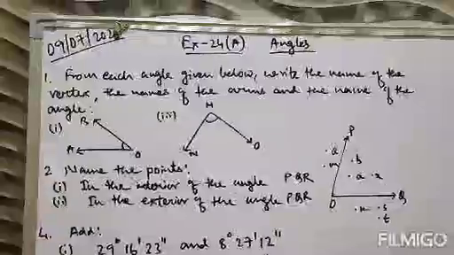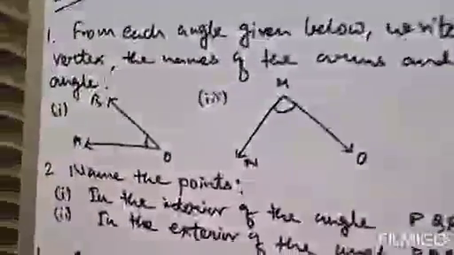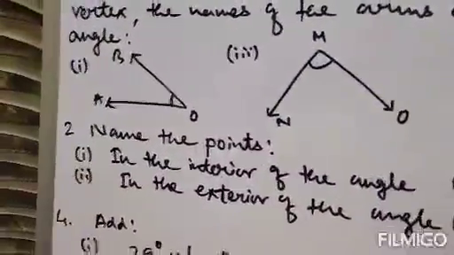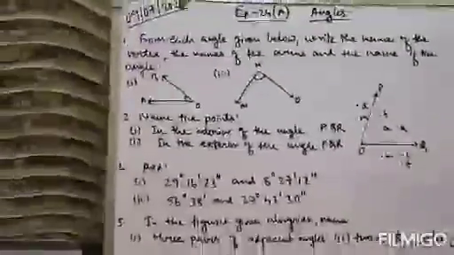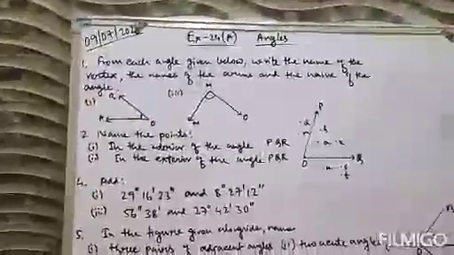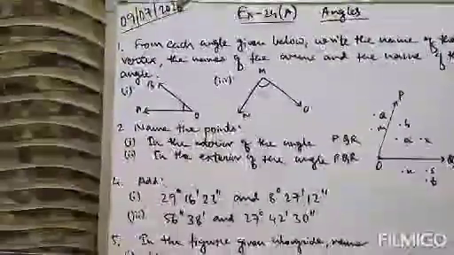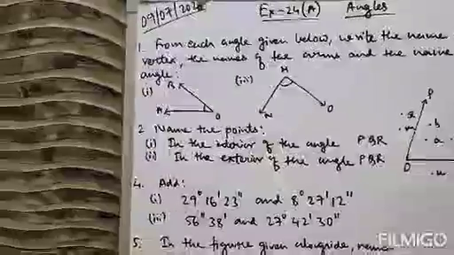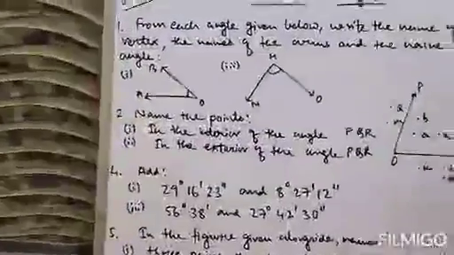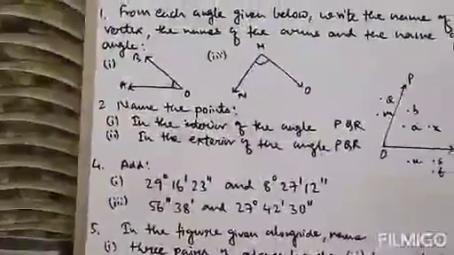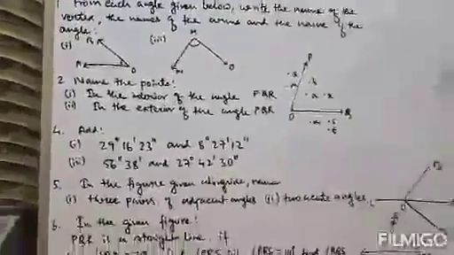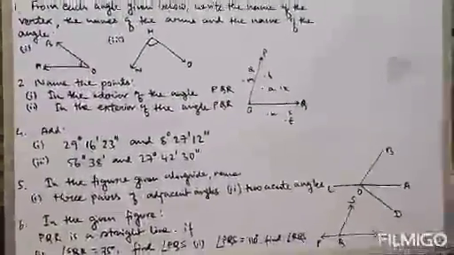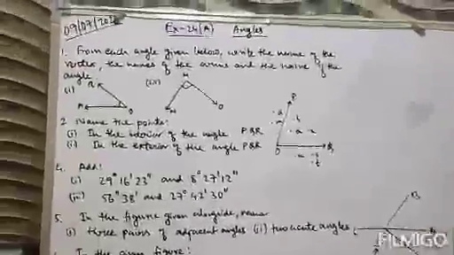Today we are going to start a new math chapter, that is angles, and this is the first session of this chapter. In this chapter we will solve all total 6 questions from your first exercise, that is exercise 24a. Before starting this exercise, there is some theory related to angles: types of angles, different angle formations, and the different criteria to form angles. We should discuss these thoroughly, then we will go directly to the exercise.